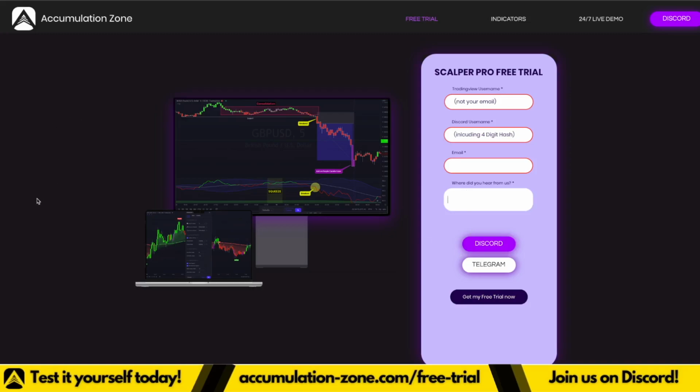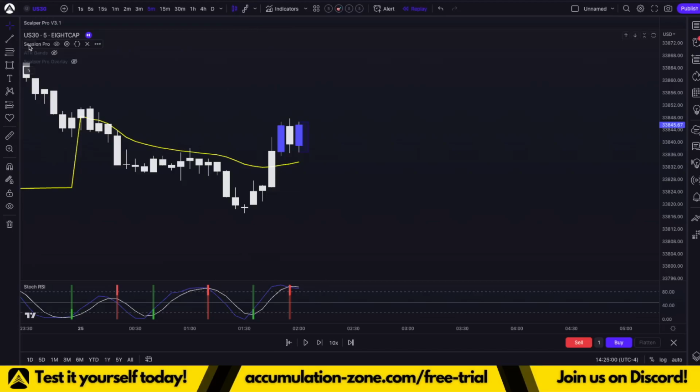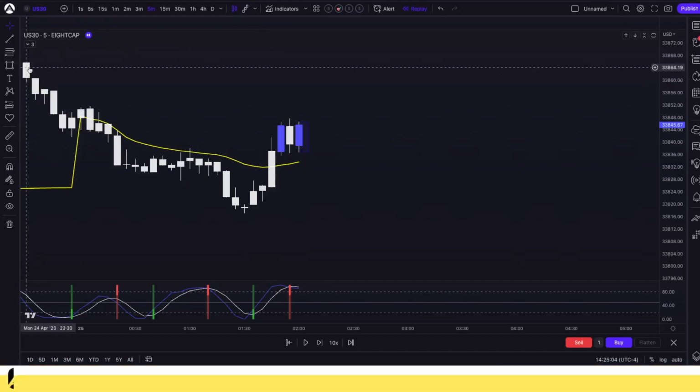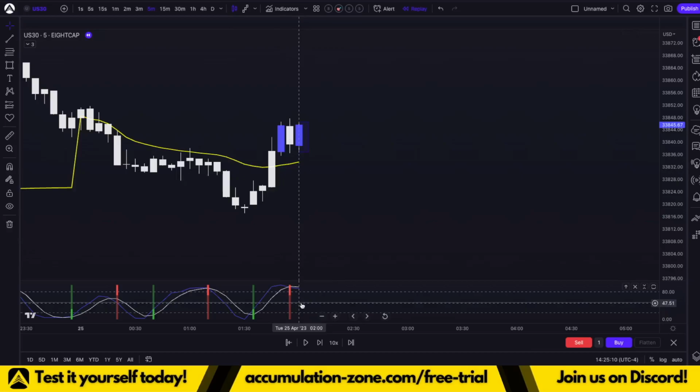Alright, but let's get started with today's trade recap. Now we are on TradingView, and as usual, we are looking at the US30 chart on a 5-minute time frame, with the common indicators. The ScalperPro indicator is hidden up here because we only used the candle coloring feature of the ScalperPro with the strategy, and the Session Pro VWAP with the stochastic RSI